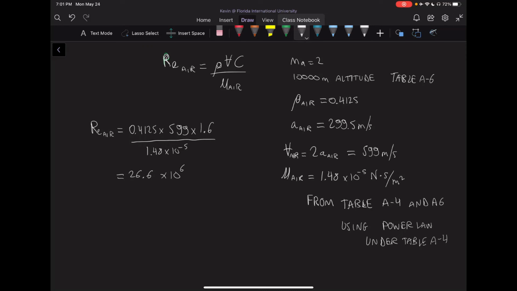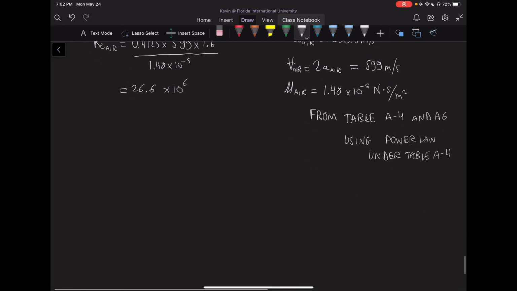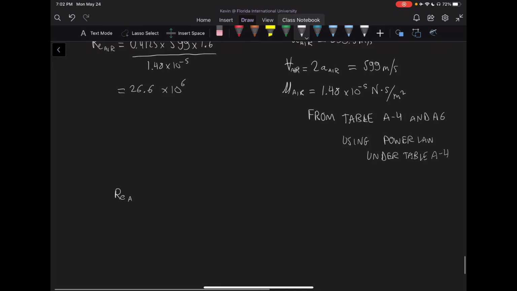Okay, so that's our dimensionless parameter, Reynolds air. Now that we have this, the next step is to figure out what we get for our Reynolds for helium. Another way to say it is, if we're supposed to have Reynolds similarity, then that means that Reynolds of air should be equal to Reynolds